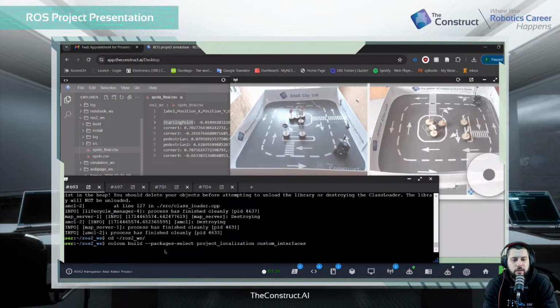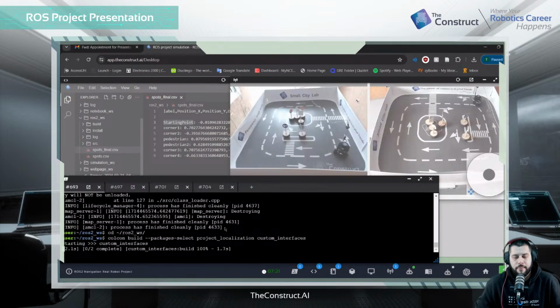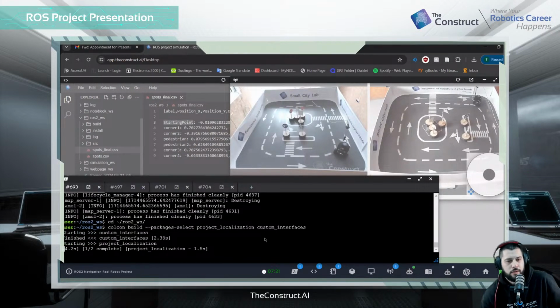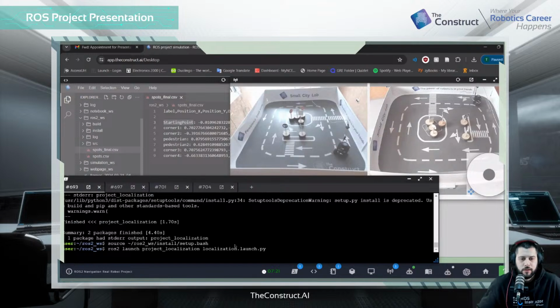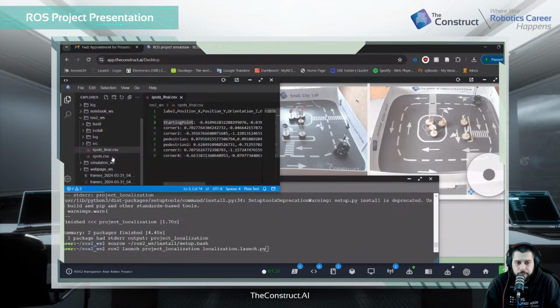Just let me restart it. There are two packages basically. Number one is project localization and the other is custom services. I see. But inside this launch, you have the service server. I have it. If I show you my launch file,